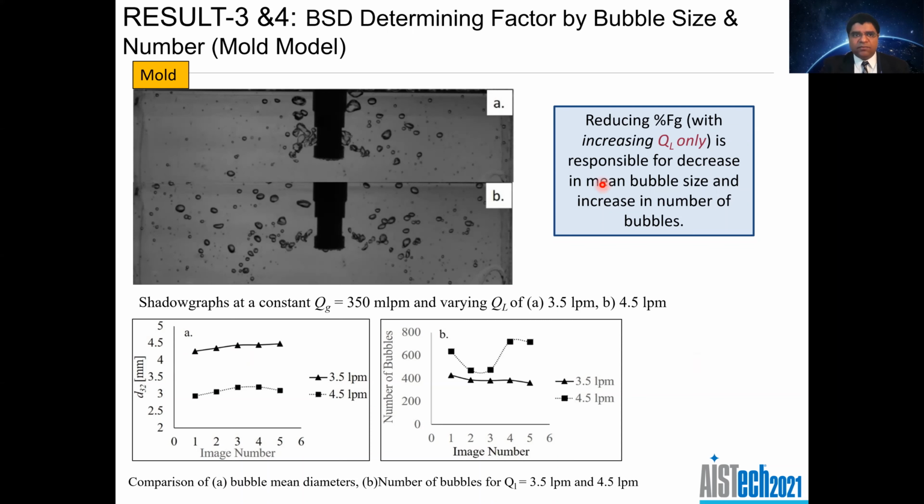So in the case of the mold model, the responsible factors for the bubble size distribution are both gas flow rate as well as liquid flow rate. Let's